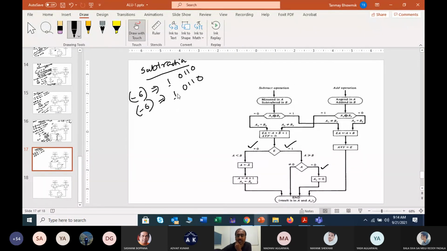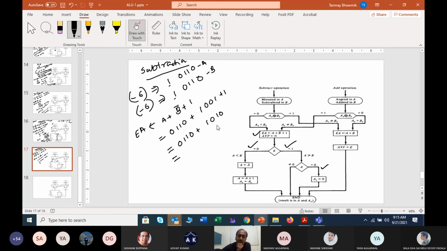So this is your AS, this is your BS, same sign, that means it will come in this zone again. EA equals A plus B complement plus 1. So this is your A, this is your B. So your EA will be A plus B complement plus 1. That means it will give you 0 1 1 0 plus, I can write here, 1 0 0 1 plus 1, right? This whole result you have to perform, and if you check it will be 1 0 1 1 0 along with 1 0 1 0.